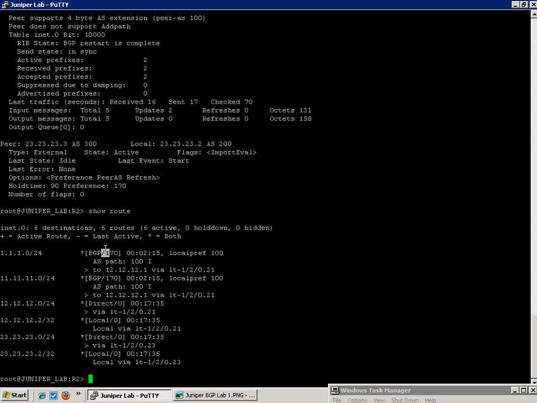So we know again that these routes are coming in as BGP, and the default route preference is 170. And it's also showing us the autonomous system path, which is very important to know for external BGP connections. So we're not going to get into a whole lot of detail about autonomous system path and how to manipulate it in this lab,